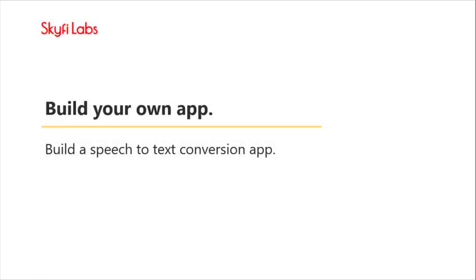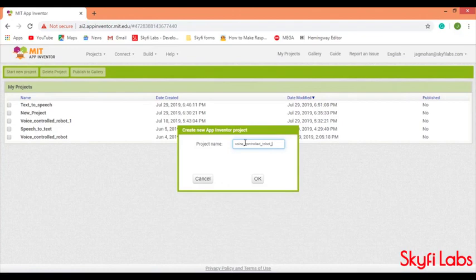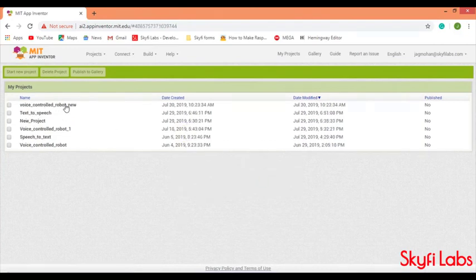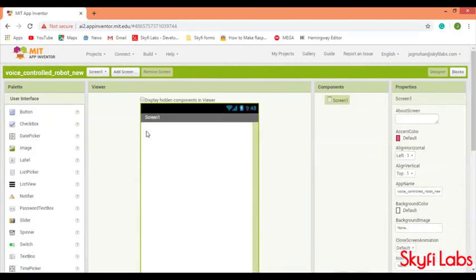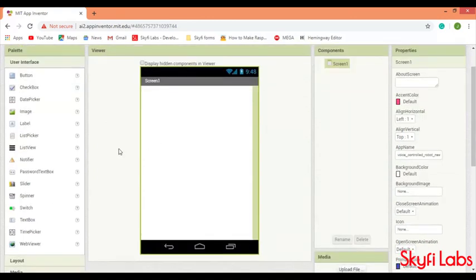Welcome to the video on building the speech-to-text app using the MIT App Inventor. Open the MIT App Inventor and start a new project. In this app, the components that we require are a button for the speech-to-text conversion command and a label to display the